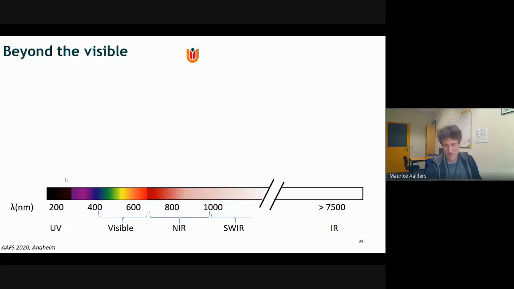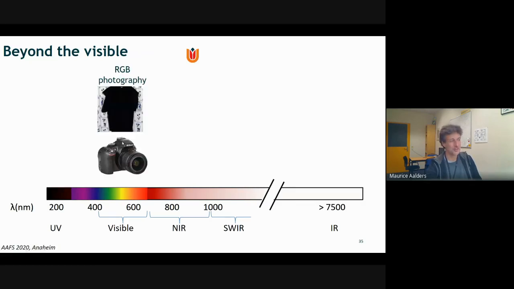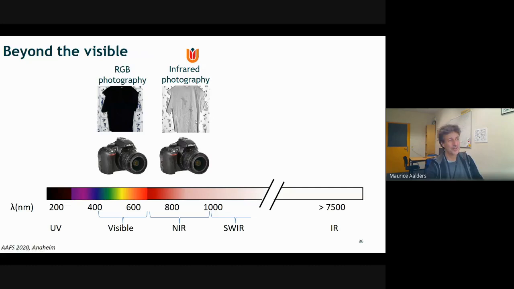Now this is the visible part of the spectrum. We can also go beyond visible. So the visible is RGB photography. We can go to the infrared. Specifically important if you're looking at water absorption peaks. In forensics, we can easily detect body fluids like this,